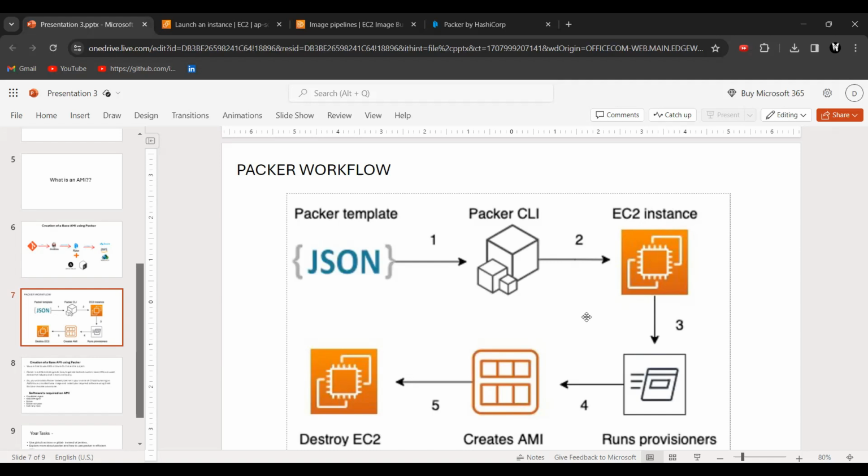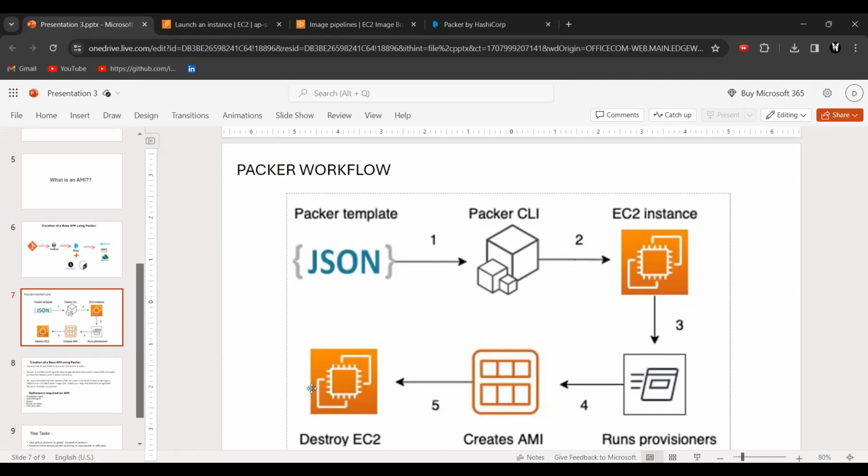Through that EC2 instance, we'll give a provisioner.sh. In that provisioner.sh, you have what softwares need to be installed in the AMI. Using this EC2 instance, it will create the AMI, and after creation of the AMI, it will automatically destroy this EC2 instance.